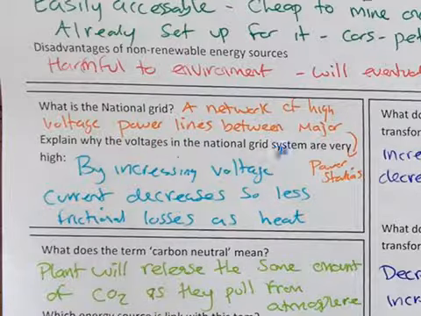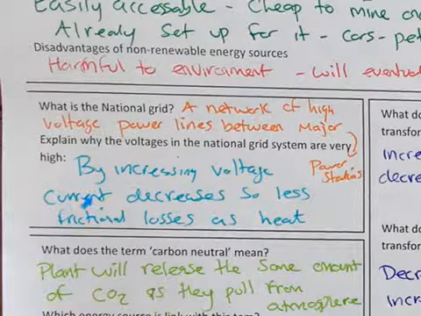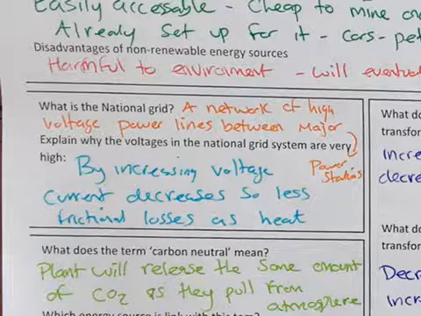Explain why the voltages in the national grid system are very high. Well, if you increase the voltage, you're going to decrease the current. So there's less frictional forces as heat. If you send a lot of current through a wire, you're going to get a lot of friction. Therefore, you're going to get a lot of heat loss. So if we were to just send high current, low voltage electricity through power lines, you're going to lose a